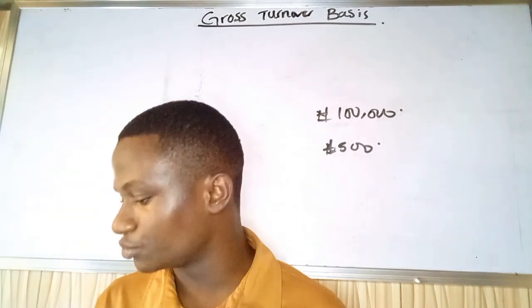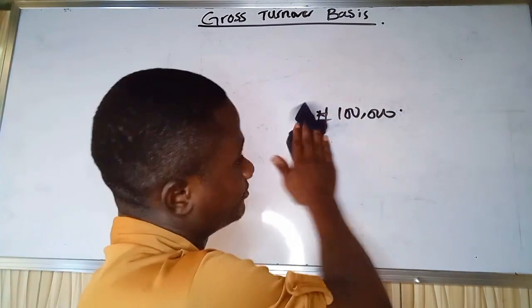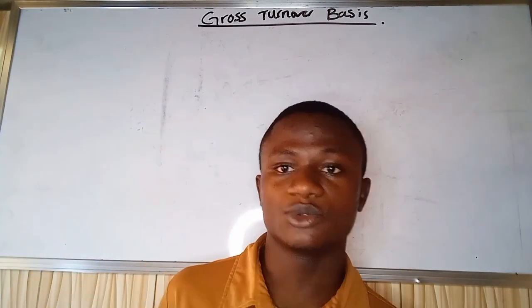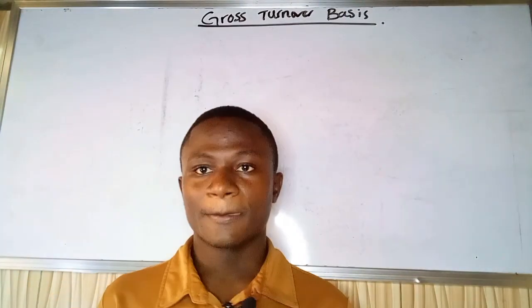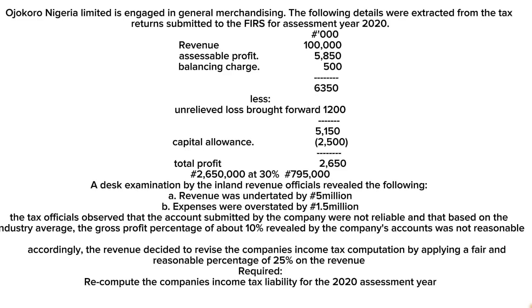So that's the case of what we'll be solving here, and we are going to use gross turnover to estimate our profits. So let's go with the question without wasting much of our time. Let's go with the question we have here. It goes thus: Ojokoro Nigeria Limited is engaged in general merchandising. The following details were extracted from the tax returns submitted to the FIRS, Federal Inland Revenue Service, for assessment year